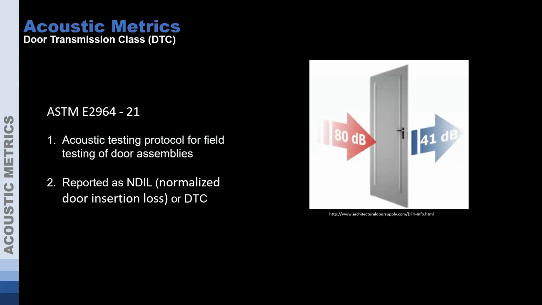But you still need doors to get into your rooms. Obviously, you can't just build a box out of all the wall that works great. You still want to be able to use your room. So that's why we might start to see things like sound lock vestibules for theaters or other spaces, or you may have doors where you're trying to keep things confidential, whether that's a conference room or a government facility like a SCIF, where you're trying to keep things secure or confidential. The doors actually can have an important role there. So, a lab test for a door is going to give you an STC.